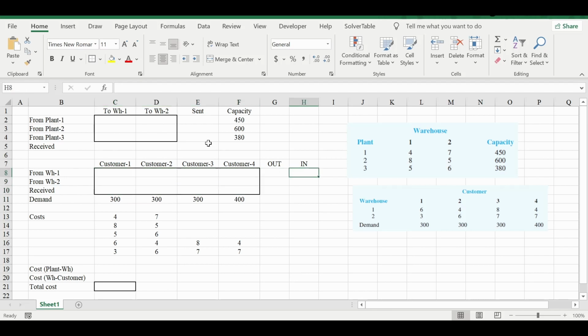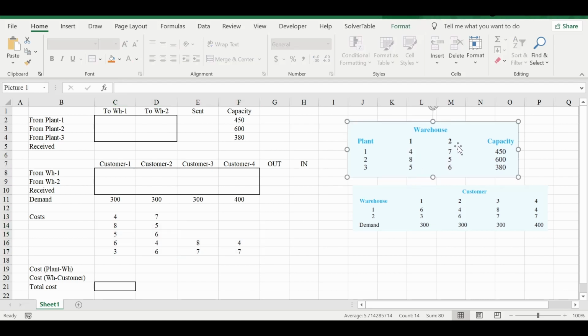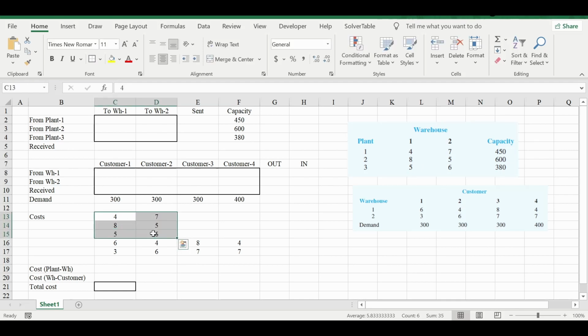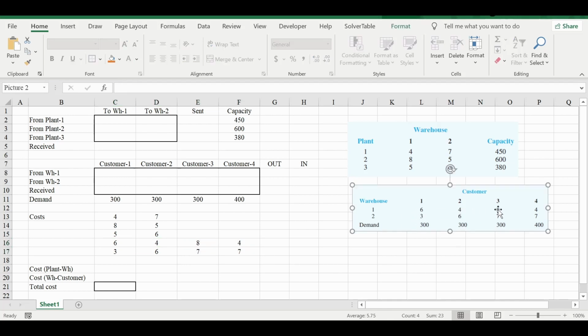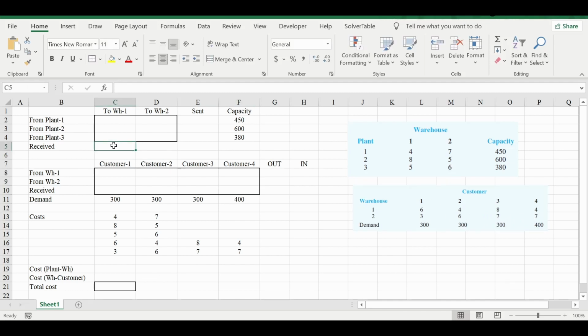And these are the costs. So exactly in the same format, like for 4785 and 56, here also 478556, and then 6484 and 3677, here also 6484 and 3677.